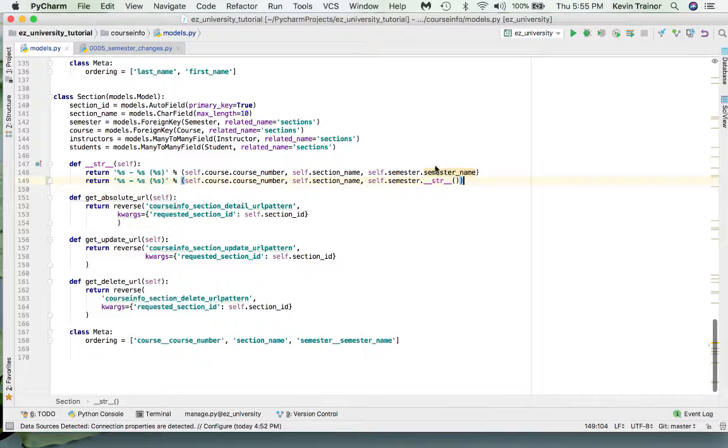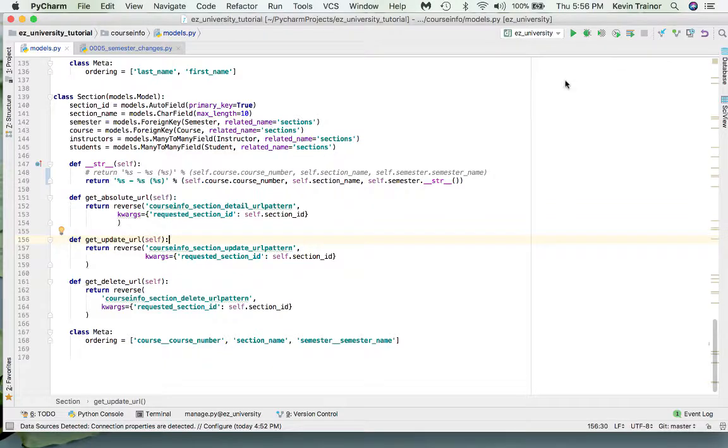So instead of getting the field semester name off of the semester model instance, well, we don't have a semester name, but we've written a string function which builds it for us. So instead of referring to dot semester name, we're going to do a dot call to the string function. So that's going to solve some of our problems. Okay? And I'm just going to take the first one and I'm going to put it into a comment. All right? And then